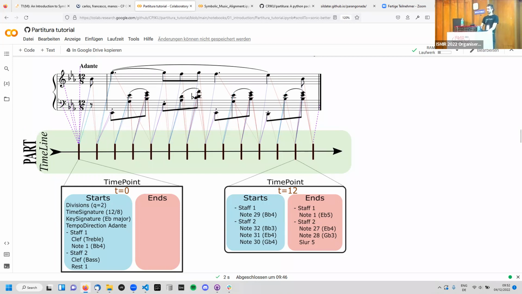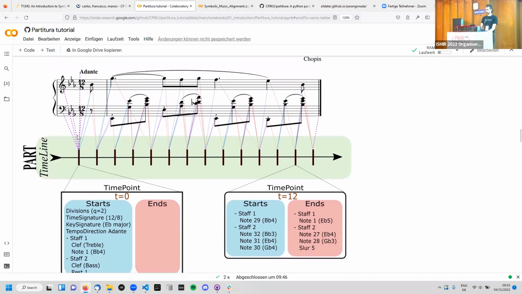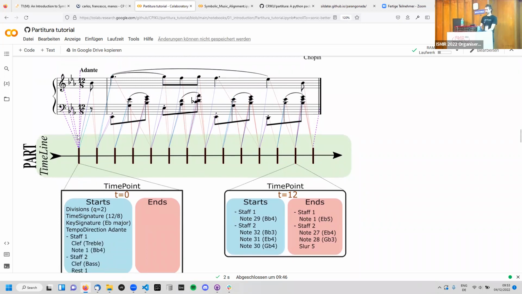For others, it might be kind of weird, because what really is the time of a clef? We take the position of the clef or of a time signature to be the position at which it is visually encoded in the score, and it is then active until we encounter a new timed object or score object of this type. So the time signature is encoded at a specific point on this timeline, but is basically active until we reach a new